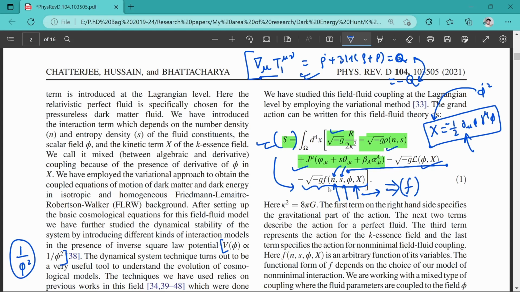But here we can have the dimension of f, and there are different things. Here you can see that rho has a dimension of M to the power 4, if I am taking the mass dimension. Similarly, J mu will have M to the power 4 dimension, and this whole quantity will have M to the power 4 dimension. Similarly, this Lagrangian will have M to the power 4 dimension. So we can say that this f will have mass dimension 4.